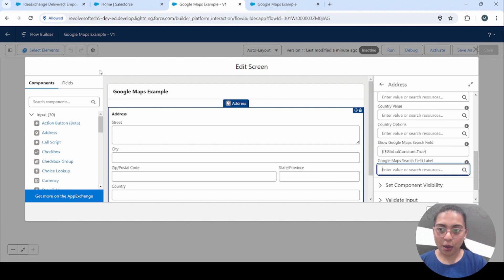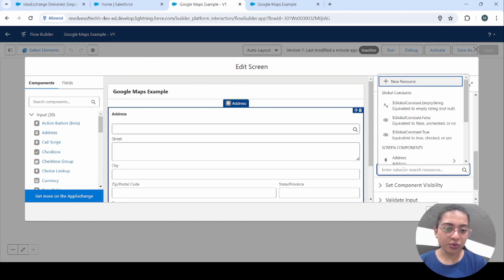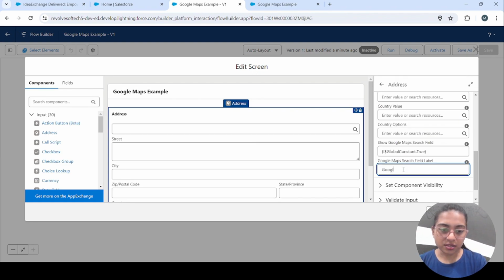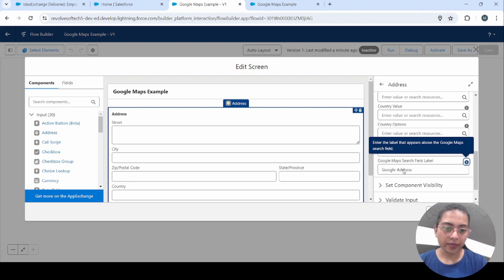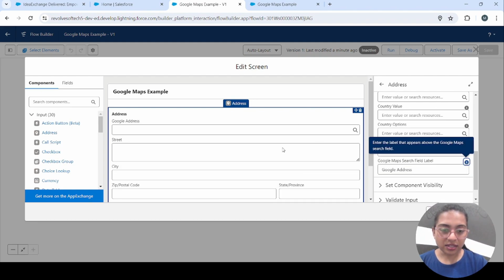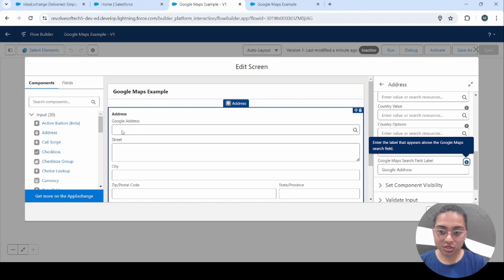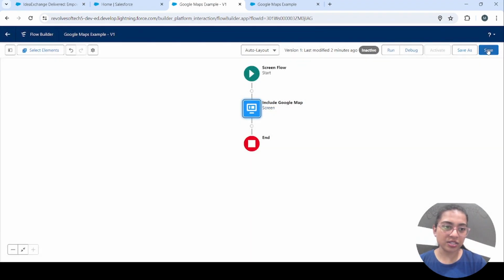Okay, just allow it once. And for the Google Maps field label, let's add Google address. Okay, that is it. Now what you can see changed here is, before street you have a Google address search as well.